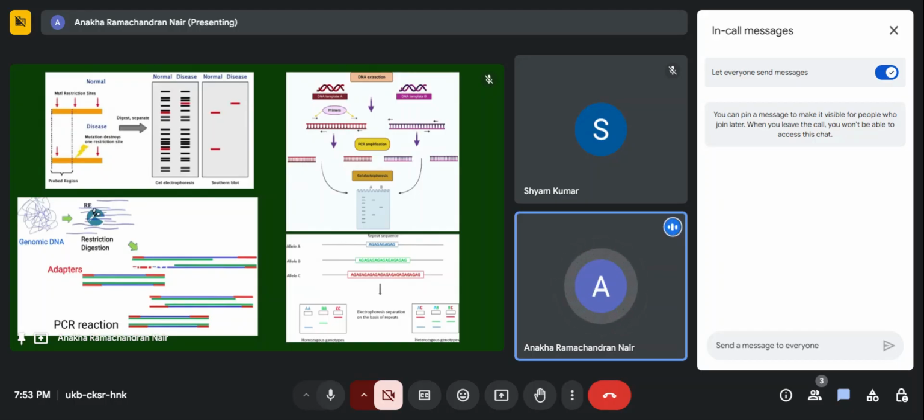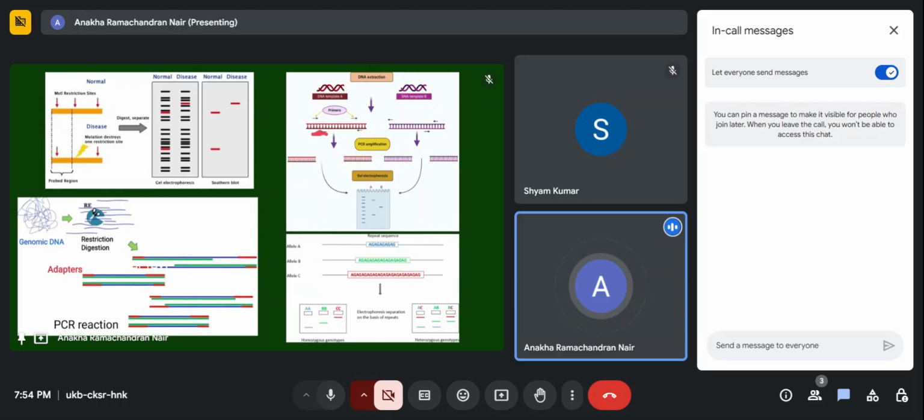So the next one is RAPD. Here, that is random amplified, wait, I've forgotten the name. Yeah, so it's random amplified polymorphic DNA, right? So in this case, you're using random primers, forward and reverse primers, forward and reverse primers, right? Wait, this is forward primer, this is reverse primer, and you're amplifying random regions of the DNA, and you can see the difference in the polymorphism because, for example, you had a reverse primer here,